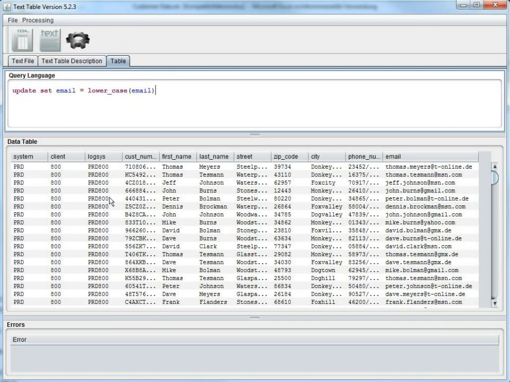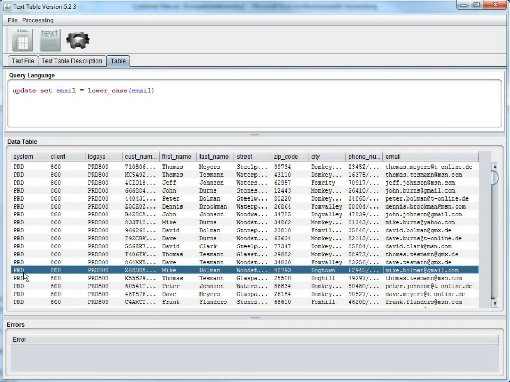Maybe there are other flaws in the data we know about, we have to fix it. Maybe we know that all the customers having their email account at Gmail are not from system PRD and client 800. Let's say it's AAA client 200. So then we can also do this using the update statement. Say system equals, we say it's AAA instead of PRD, comma. So you can separate the columns you want to update. We have client 200,